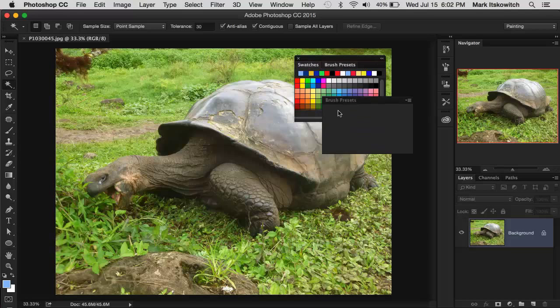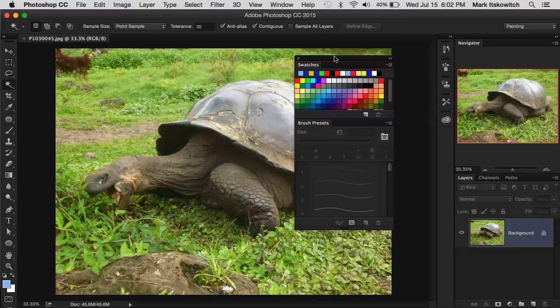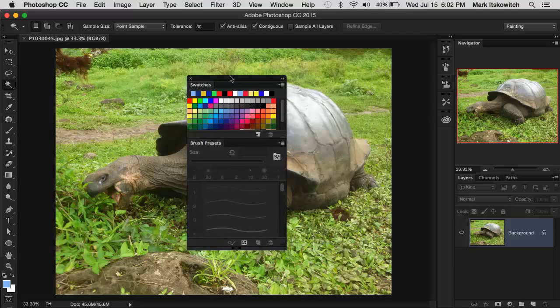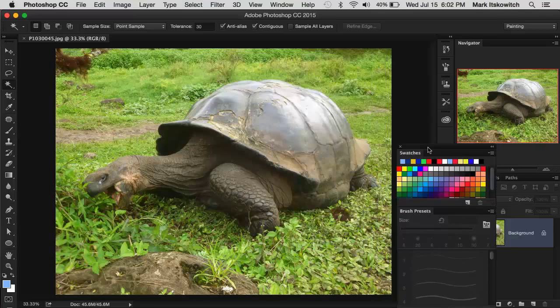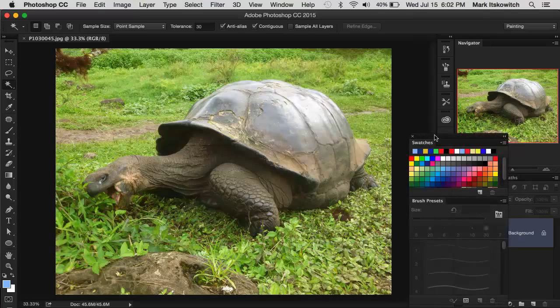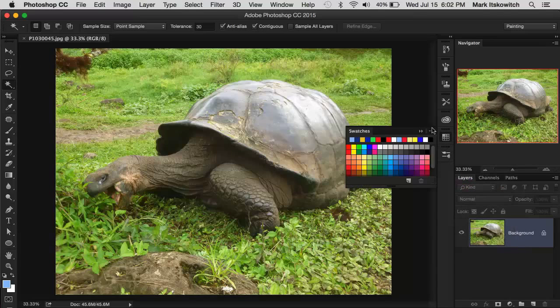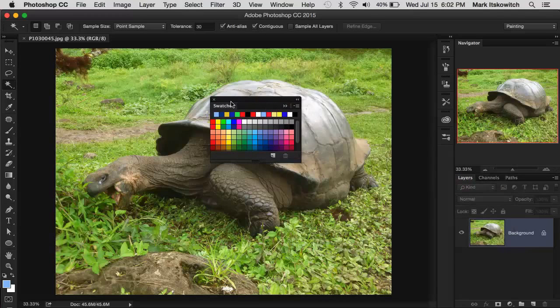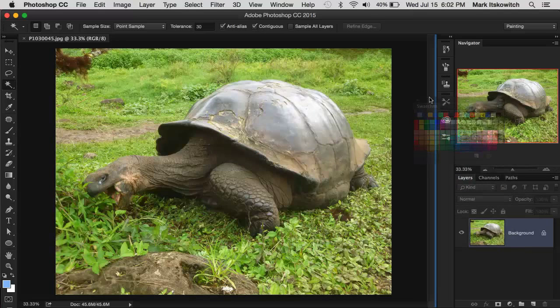Or I can drag it down to the bottom so it's underneath that panel. That blue highlight shows up. As soon as I see that, I can let go and it snaps, and now these guys are together. Right? I can do a lot of different things. I can tuck them into here as icons, or I can pull them out of there and I can tuck them into the right-hand side of the dock